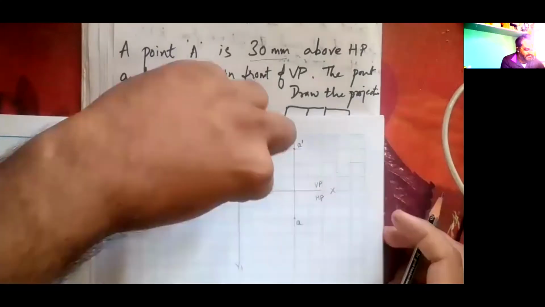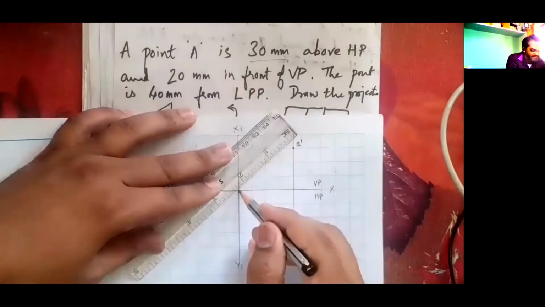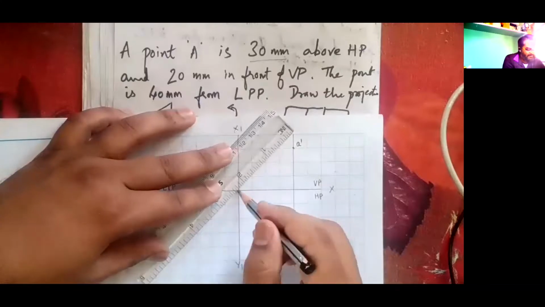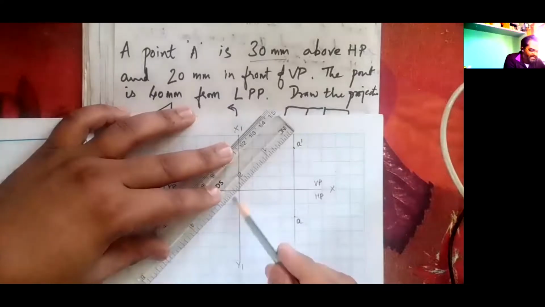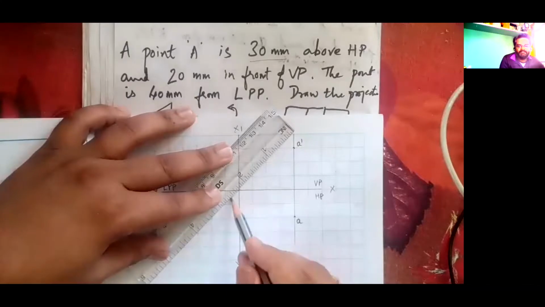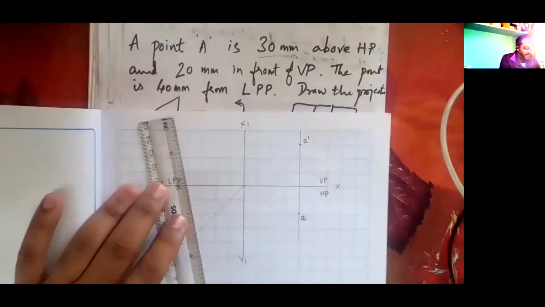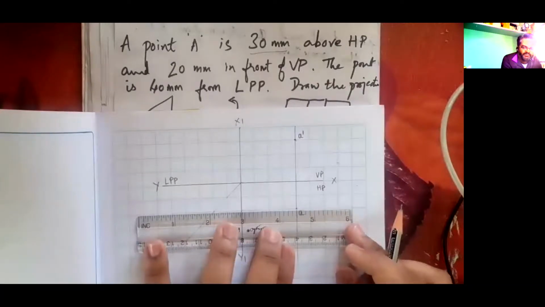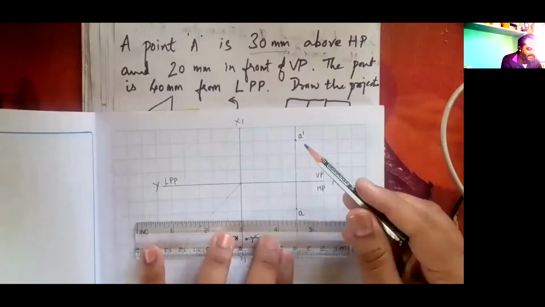So for that I have to draw a 45-degree line. Keep this as the corner, and I have shared one of the YouTube videos on where to use this and how to use the scale and draw the 45-degree line. Join the diagonals of this printed square box, and I am drawing this diagonal line, a simple thin line. Don't draw a dark line. I've drawn this thin line, and then from the top view, always remember from the top view, that is A, name it. A dash and A, you first name it. Draw a line till it meets the 45-degree line.